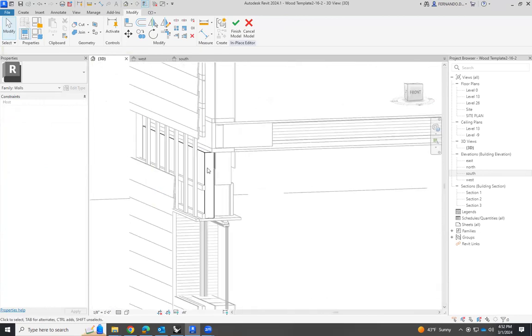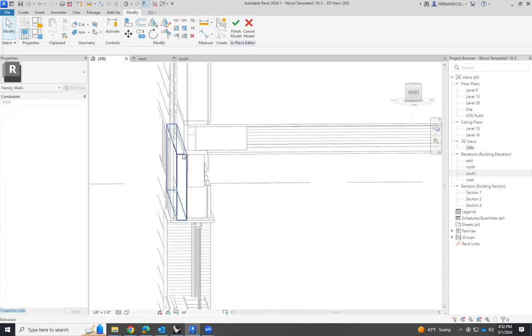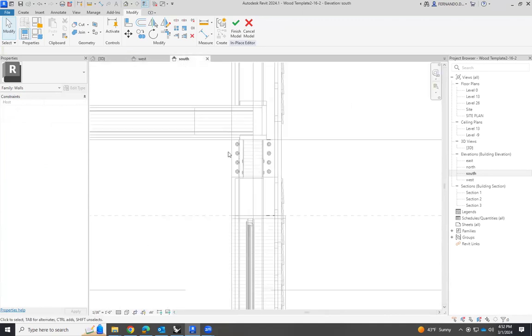Okay, so you see that that's the beam, that's the thermal insulation. I wouldn't have a thermal bridge, but I don't think it's enough. So I'm going to create another element there. Okay, so on the south elevation,